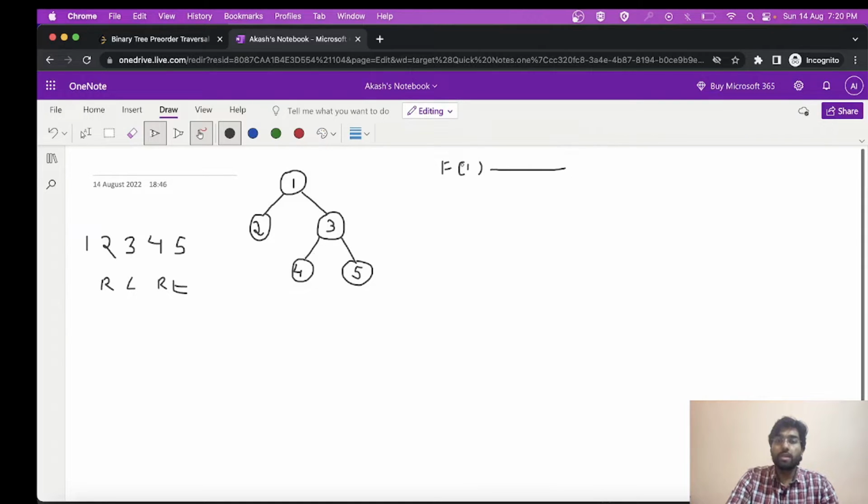Okay, so when it is called for 1, what will happen? It is going to process the 1, so it will print 1. Now it will be called for 2, that is the left element. So let's call it. It will be called for 2, and once again the entire piece of code will be repeated recursively, and it will process 2 first, got it, and then a call will be made for null.